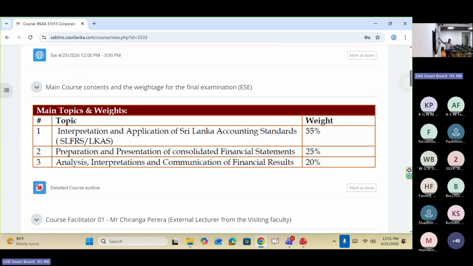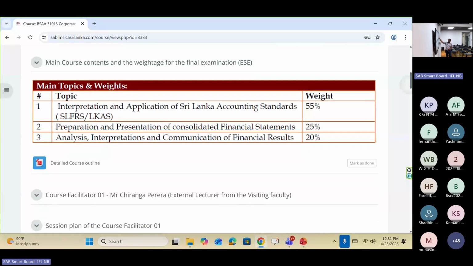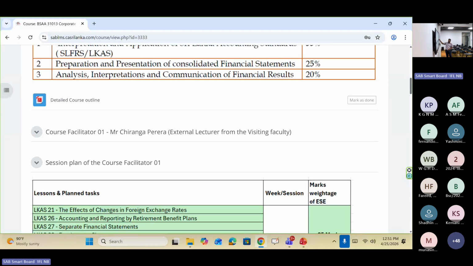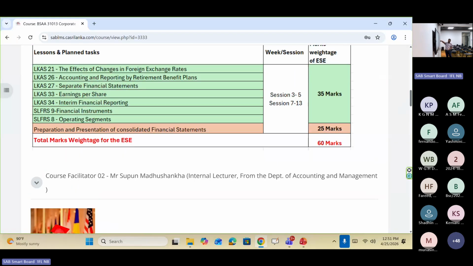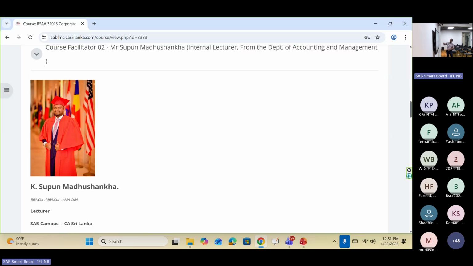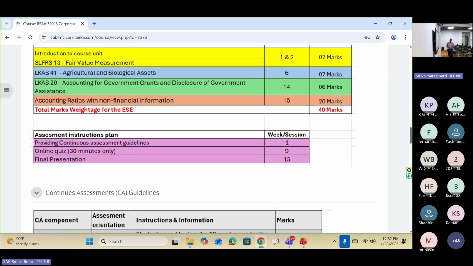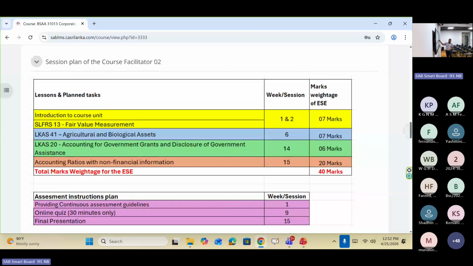So this analyzing, interpretation and communication of financial results is allocated 20 marks. That I will be aligning with the preparation and presentation part. The accounting ratios with non-financial information are also allocated 20 marks. In that one also the weightage is 20 marks. So accordingly, I will be including questions